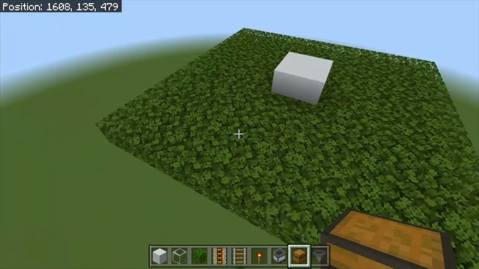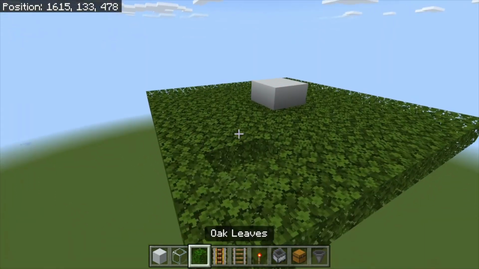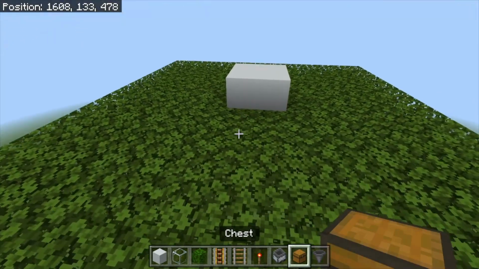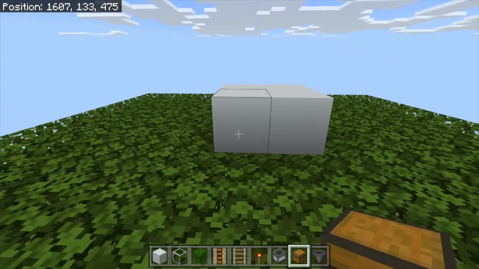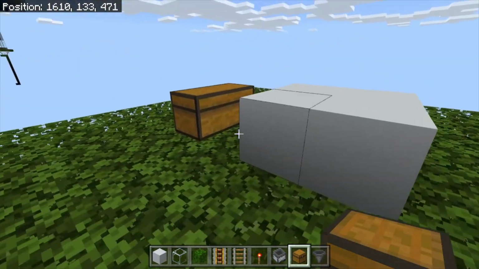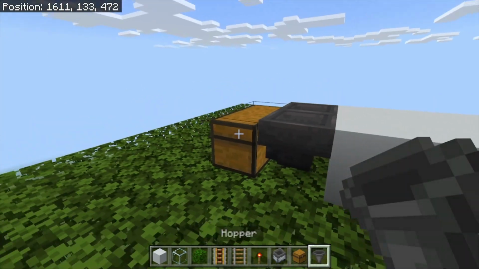Alright, I did end up making this a 12 by 12 leaf platform that I just broke. Alright, the next thing you're going to do is come 1 block away from these central chunk blocks here, and place 2 chests just like that,